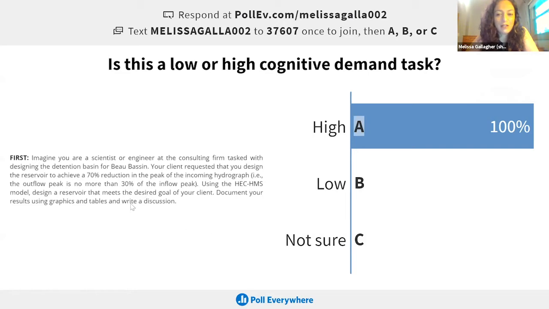Yeah, a few people anchored into the ending point here of writing a discussion and how open-ended that is. I like David Tarbotton's comment in the chat box. If this weren't a high cognitive demand task, all engineers would be out of work. Yeah. Great, so I am in agreement with everything that Willie said. Is there anyone else who wants to add on?